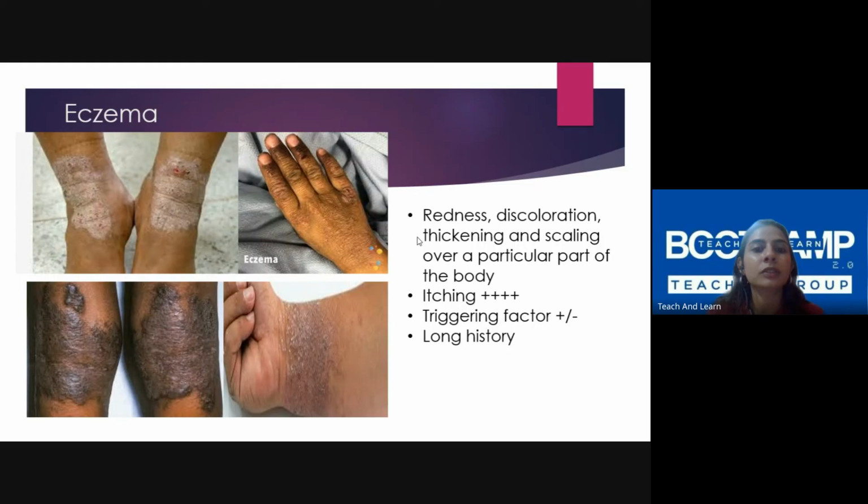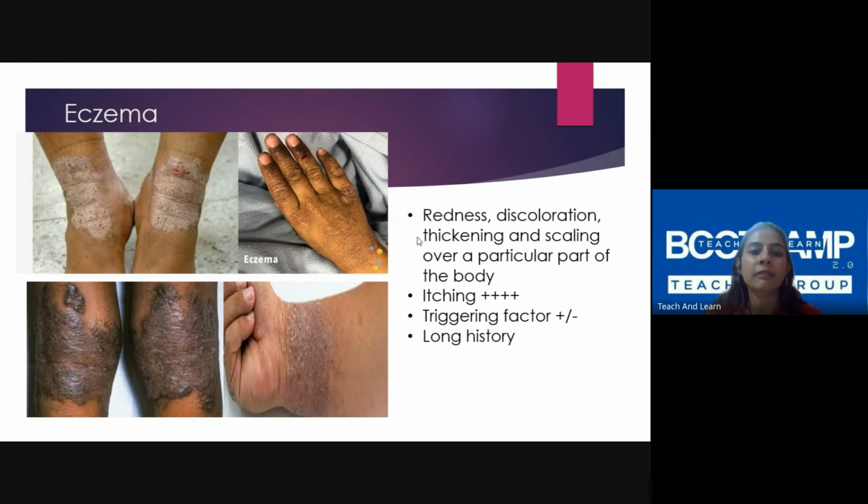Ask them initially, when you had the itching, was the lesion as bad as how you're seeing it now? The itching might have caused them to do more harm in making the lesion bad. So initially they would say, no, it was very small, and afterwards, once I scratched, it became bad. So that is one more history where you will understand, oh, this is something related to an allergy.